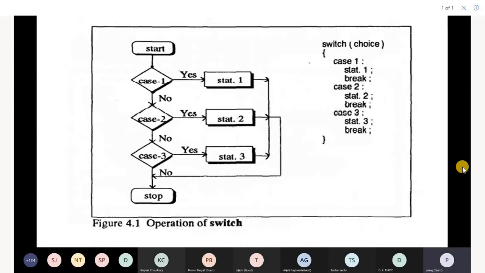Now the next part on control transfer: a question can be asked on switch cases. You write a switch. Inside the switch you give a value, either a character or an integer, then you write a case statement, case character or integer, then the statement, and after that break. Case 2, statement, then after that break. Case 3 colon, statement and break. This is the syntax of switch. At last you have default, where you give a colon and write the statement. When the choice does not match any case, default will be executed.